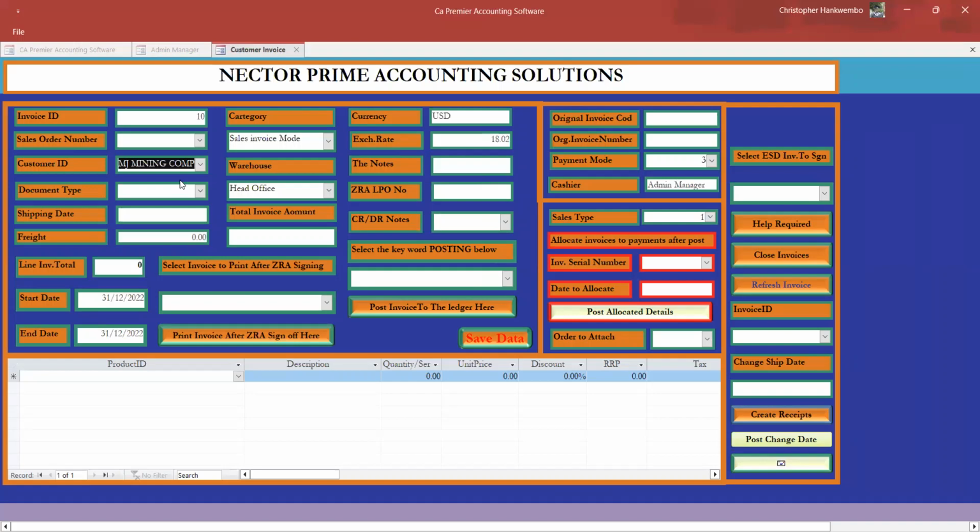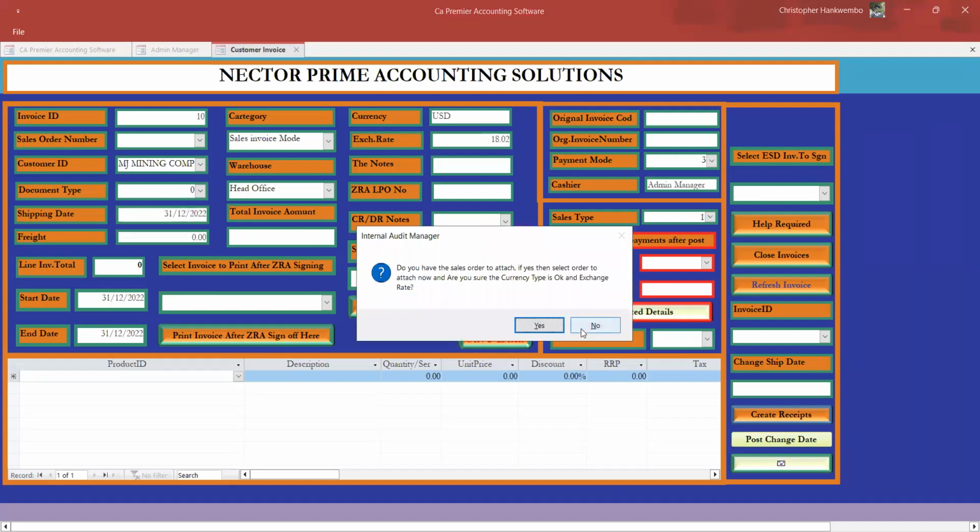Then now you simply use the tab key and select here, tax invoice. As you can see here, I'm selecting tax invoice. Then again, tab key. Now, here, it will ask me whether I need to attach an order. Now, since I'm not using the ordering process, I will simply say no. If I started from the order process, yes, I would have attached an order. But in this case, I'm not. So I will simply say no.